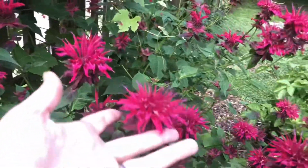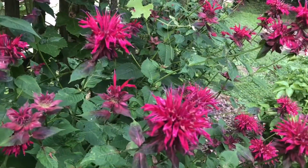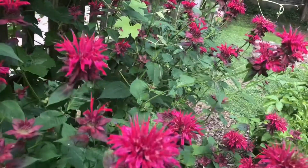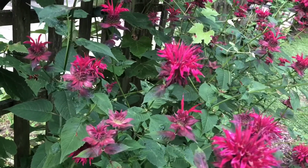You can use the flowers to make tea. I haven't done that yet. I'm not 100% sure what you would use them for. I'm actually still learning about bee balm because this is the first time I've ever actually had the opportunity to work with it fresh. But in the earlier spring, I did come out and